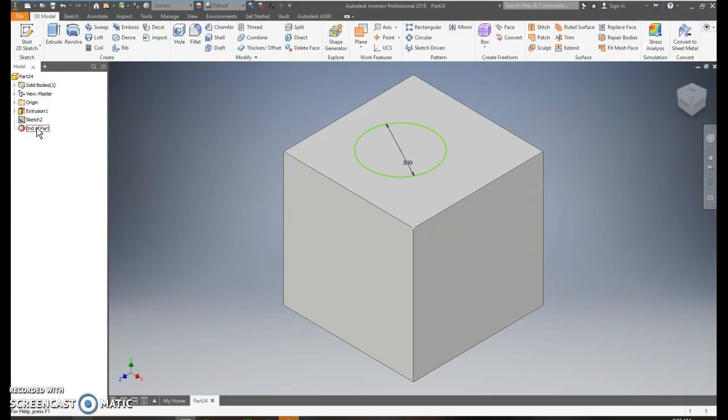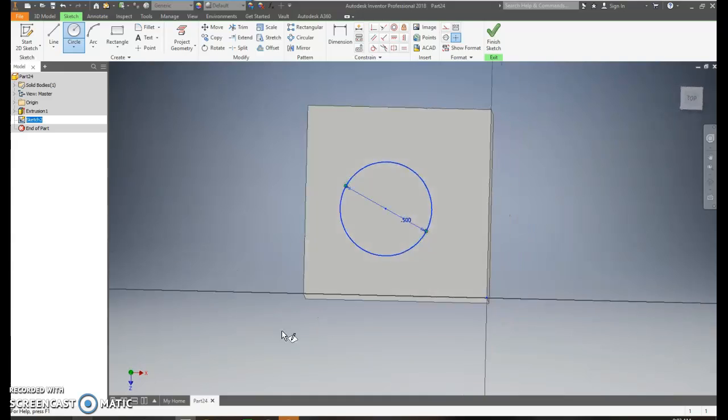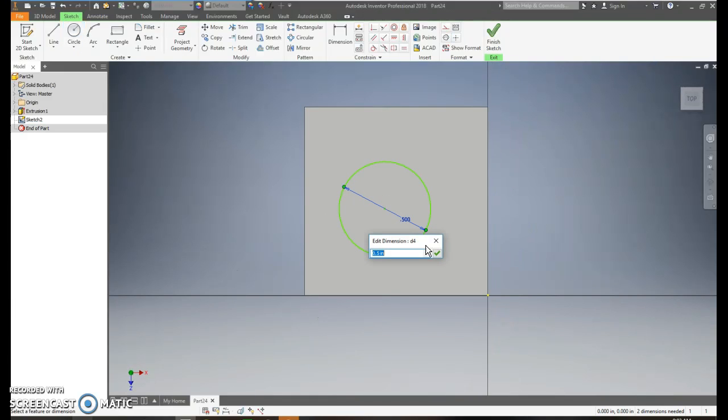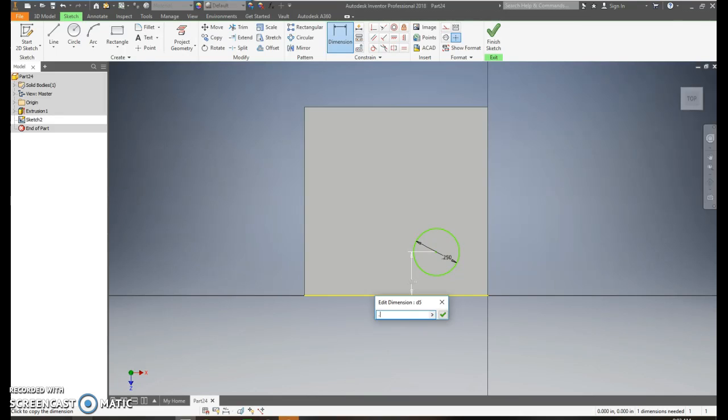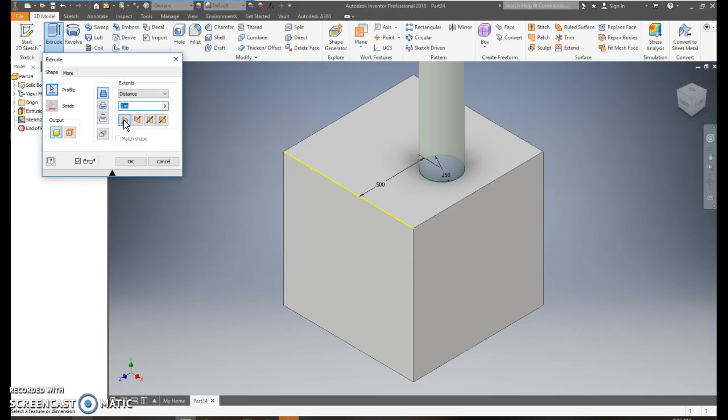So if you have this sidebar over here, you go to the sketch that you want. Notice it's highlighted in blue. You right click, edit sketch, and then you can either say you needed to change the size or move it around or whatever. You can do that. Okay. Once you're done doing whatever you need to do, you just click finish, extrude, and finish it the way